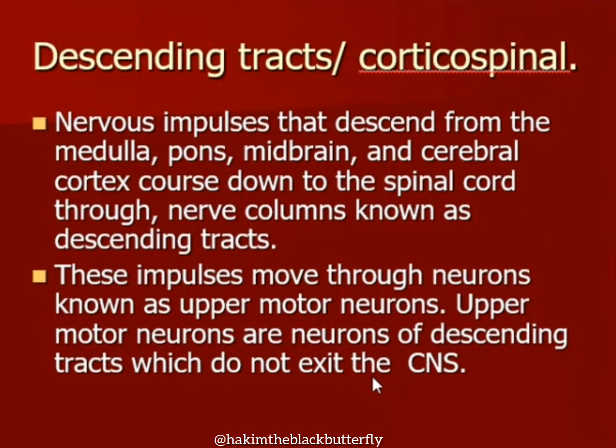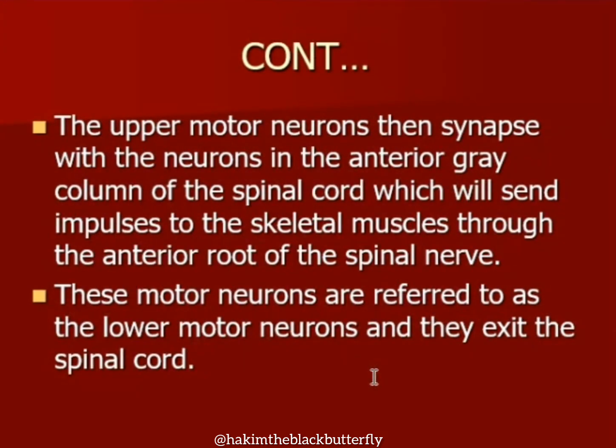And in principle, descending tracts are made up of two neurons. The neuron which picks impulses from the motor areas of the cerebrum to the brain stem or to the spinal cord is known as the upper motor neuron. And then the neuron which picks those impulses from the brain stem or spinal cord and transmits them to the muscles is known as the lower motor neuron. So in principle, the descending tracts have two orders of neurons. The first order, which is the upper motor neuron, and the second order, which is the